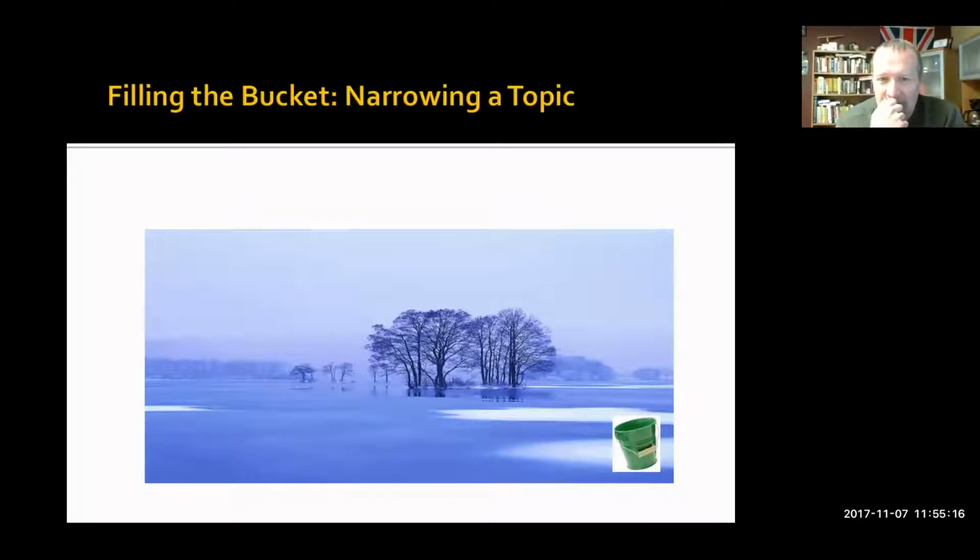This one here, the bucket, I tell the students, let's say you have a 5-page paper. You're a research scientist. You've got a 5-gallon bucket to fill up. And you have 2 options. You can cut a really wide piece of ice that's only 1 inch thick and put it in that bucket, or you can take a piece of ice that's 1 inch round but goes all the way to the bottom of the lake. Which one's going to give you a better idea of the health of that lake? And the students all say, well, it's the narrow and the deep one. And then we talk about how to narrow topics so that we can have more depth to them rather than really broad, shallow topics.